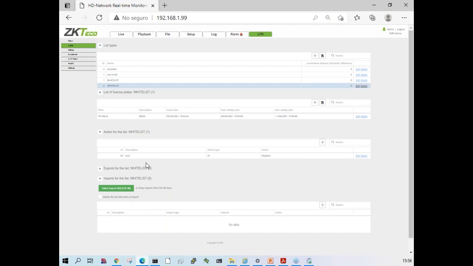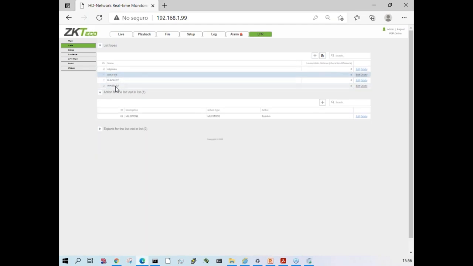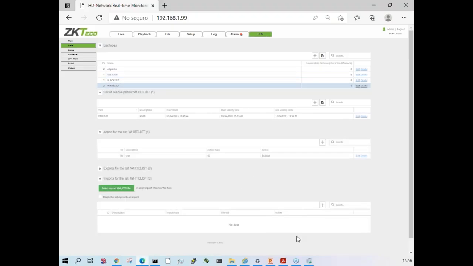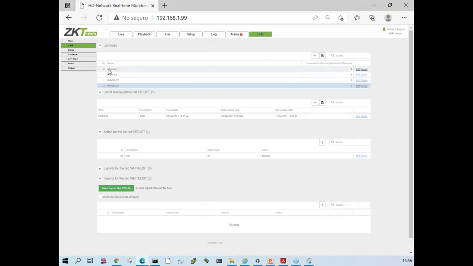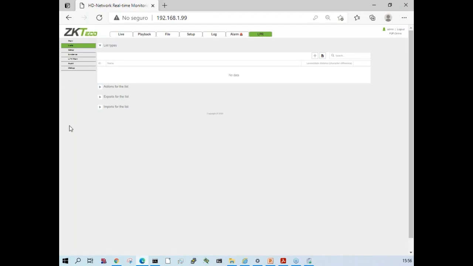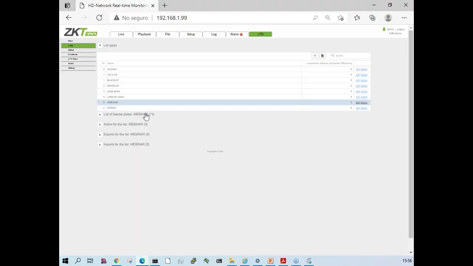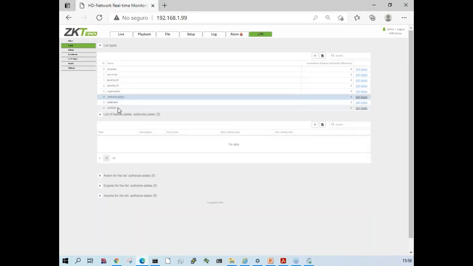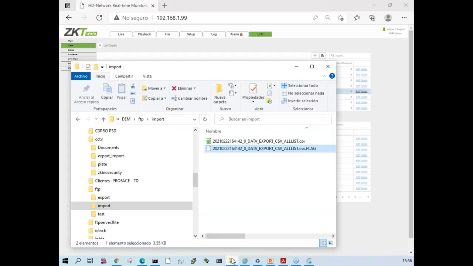Okay, what happened in the white list? We have the action, okay, it's different from the all plates and not in list. In the white list or the new list we create, okay, it's exporting, it's importing, total. Okay, now if we load the list again, it should load the file, okay, you can check. The import, the authorization plate, the registered plate. This part is very interesting, I told you, because we can edit this file,